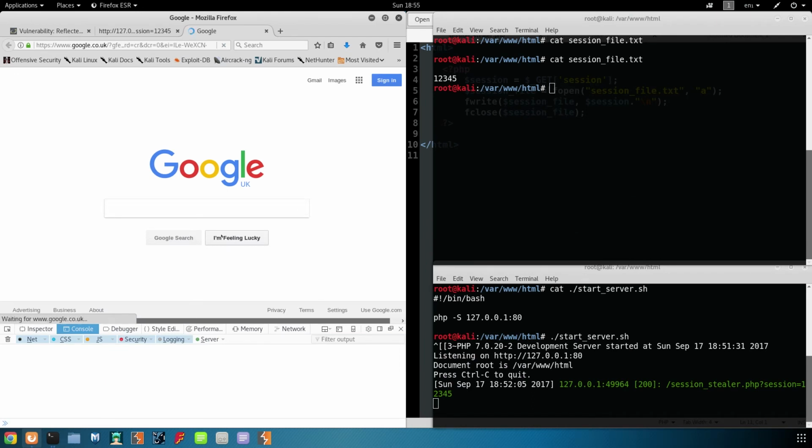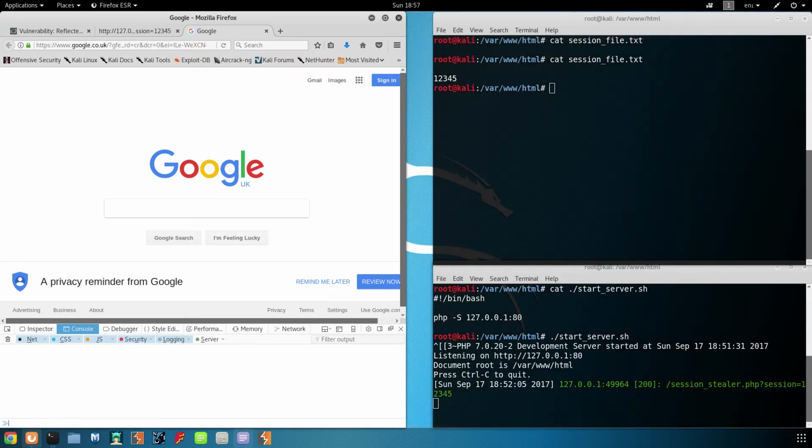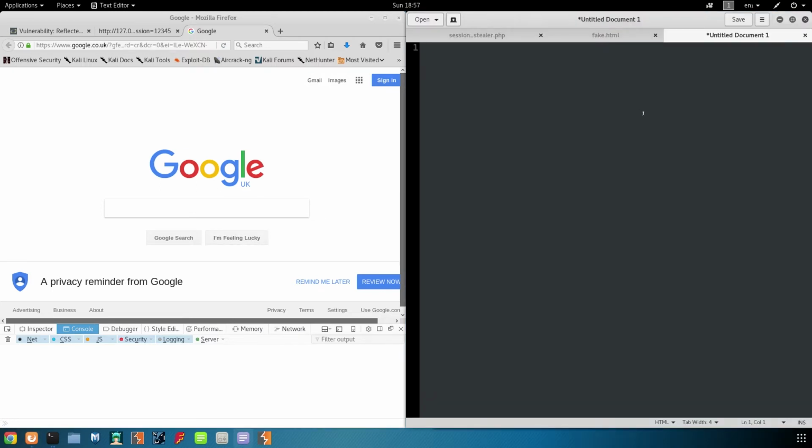There. So instead of Google, we're going to give it the value of our website, and we're going to use that as part of the XSS payload that we're using as part of our attack. So let's start to craft this payload now. I'm going to start with our script tag,